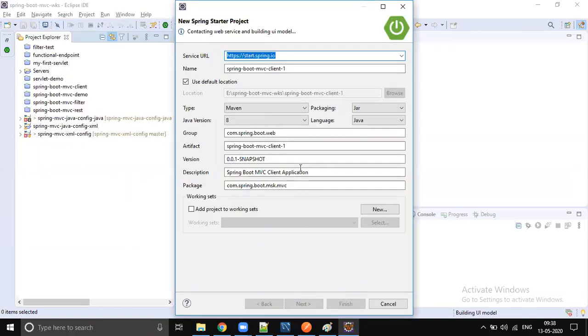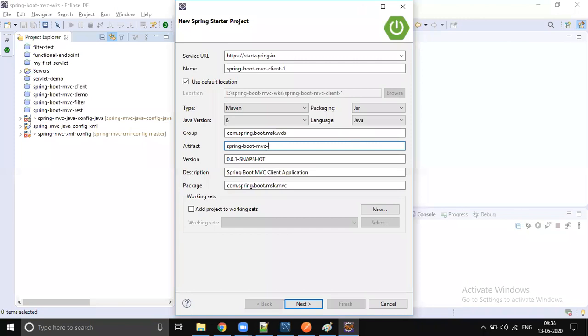Okay. So let's give the group ID, MSK, Spring Boot MSK web. It's not client, right? Spring Boot MVC. We don't have any project called Spring Boot MVC, so let's keep it.